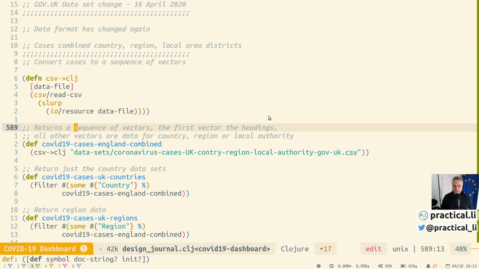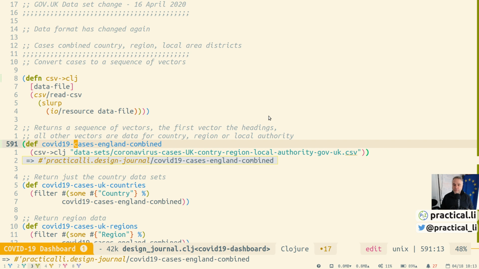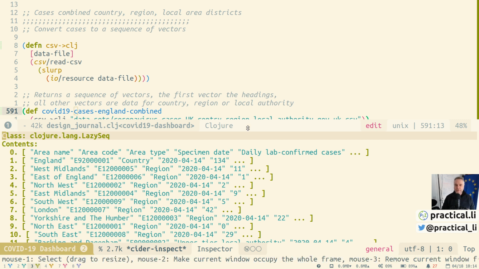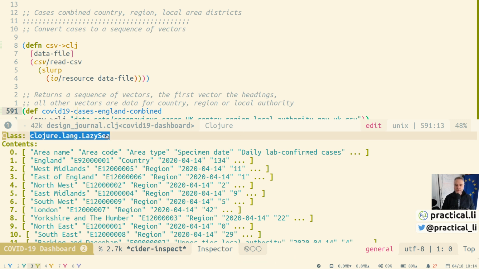So if we just make sure this is evaluated, boom. We evaluate that, and if I run the inspector, then we can see the type of data that we're actually getting. So this is a nice abstract view of that result. This is the result in a lazy sequence, as it says here, so basically it's a list of vectors, and then each vector is the